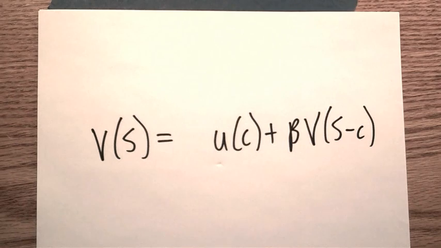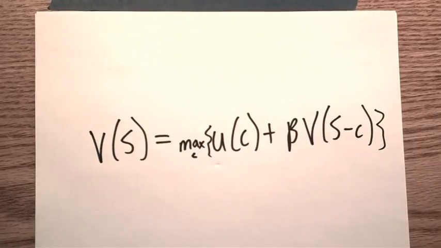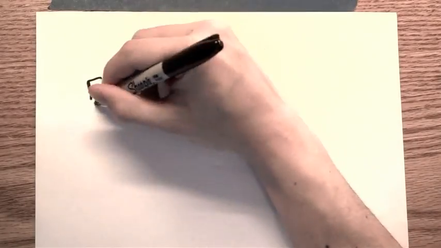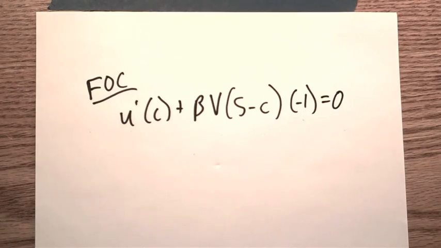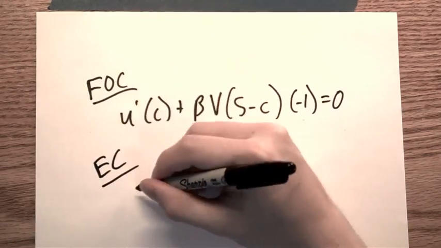Beta is how much he likes tomorrow less than today. V of S minus C is his valuation of the cake supply S minus the amount he eats today. Steve is choosing C, so we write down a maximization. The right-hand side is maximized when the first derivative with respect to C is 0. The envelope theorem tells us that we can ignore the maximization of C when we're taking the derivative with respect